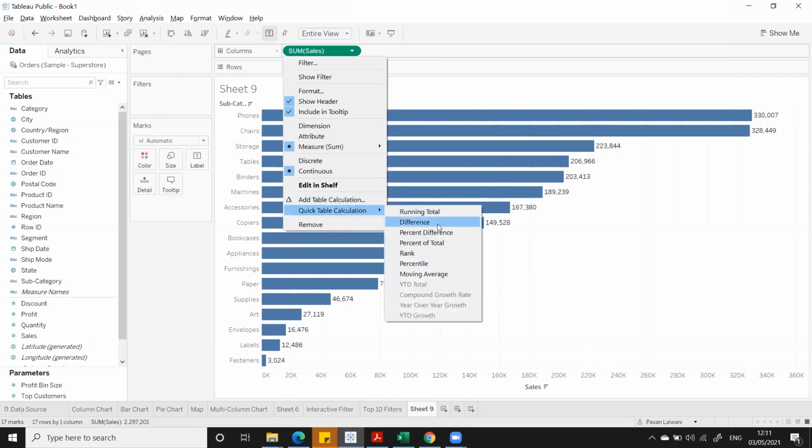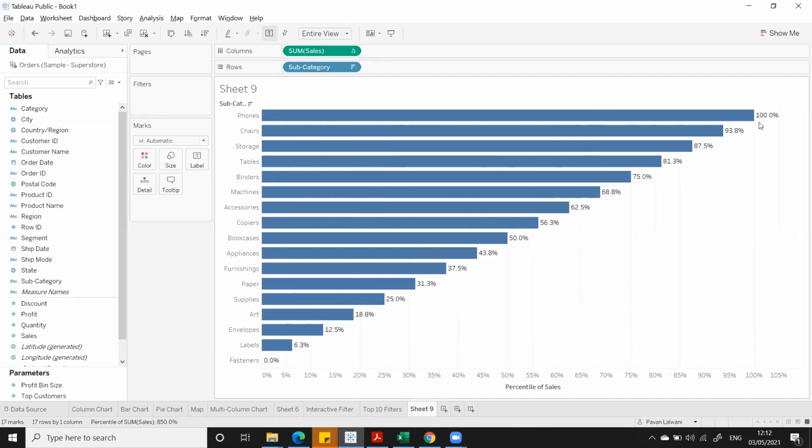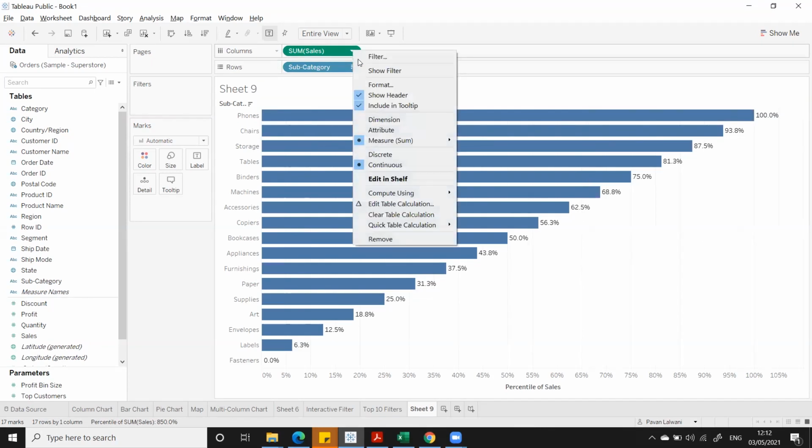There's a ready-made calculation named percent of total, or you can say percentile, which you're saying. So quick table calculation and directly percentile. So this has given me the percentile over here. Now the simple method is I can right click and click on show filter.